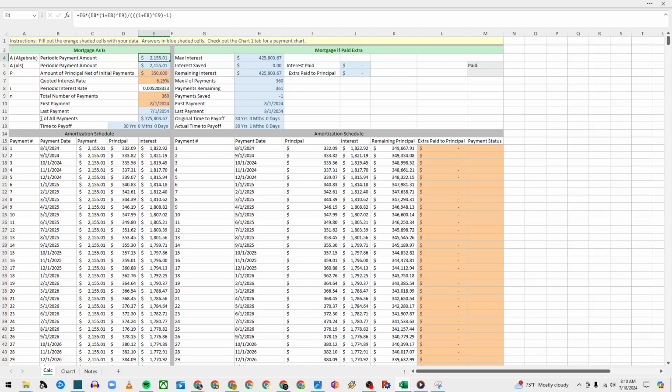Alright, this is my mortgage calculator and amortization schedule. The way that this works is you fill out everything in orange and then all the answers come